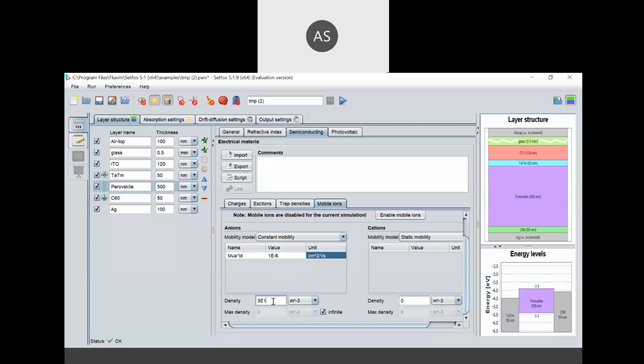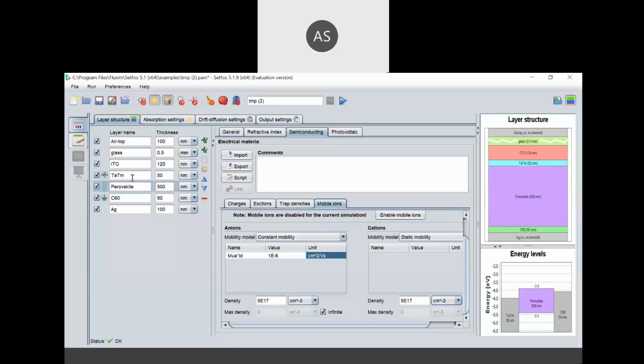You can set these functions, and you can select the units also. Like that. So these are the mobile ions.